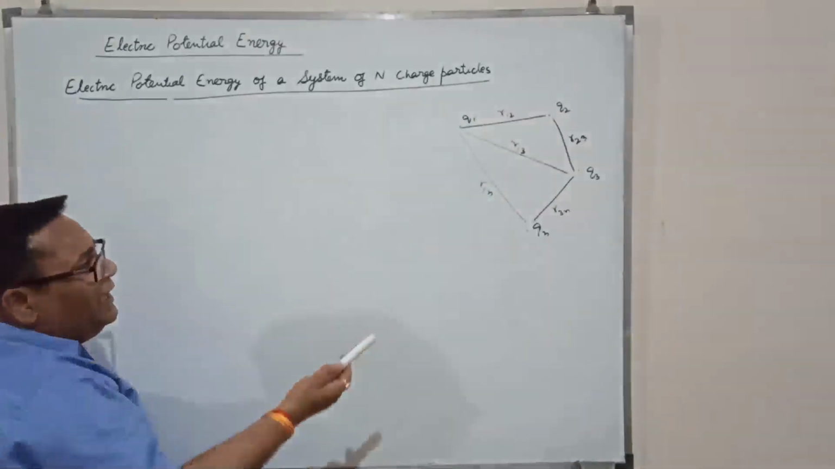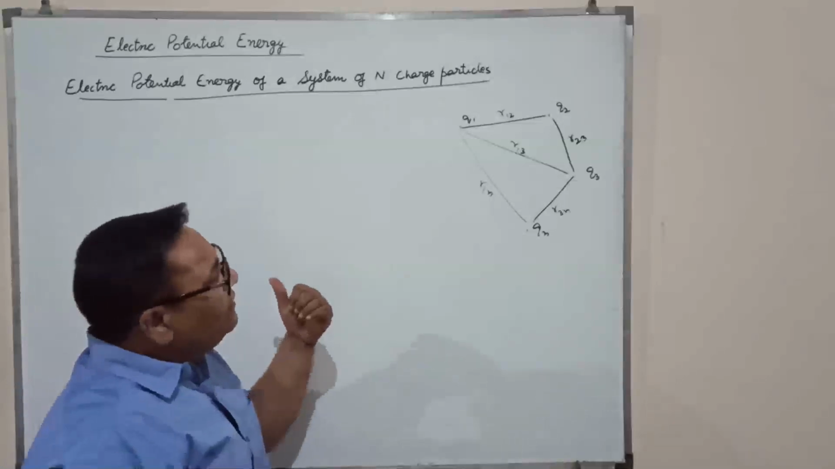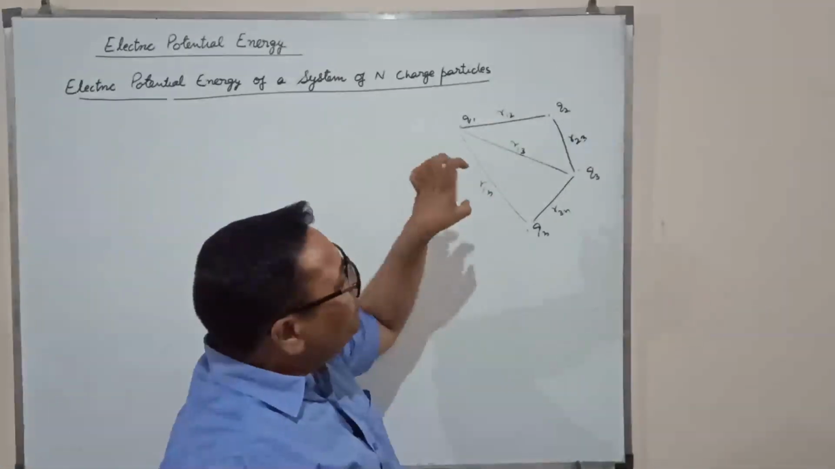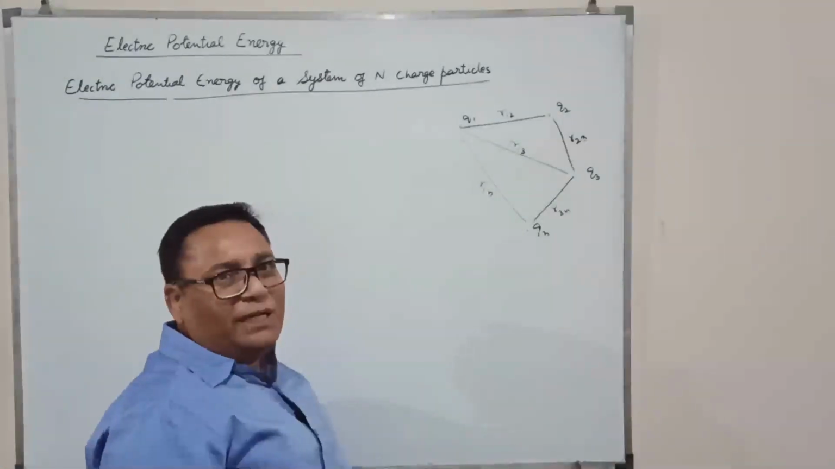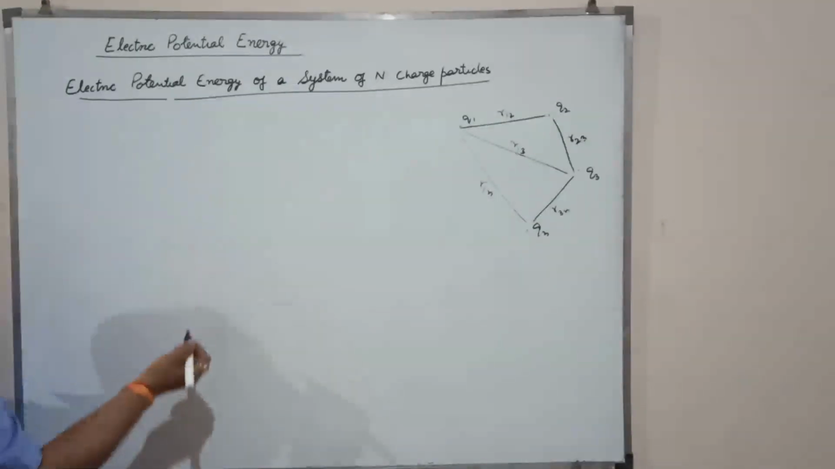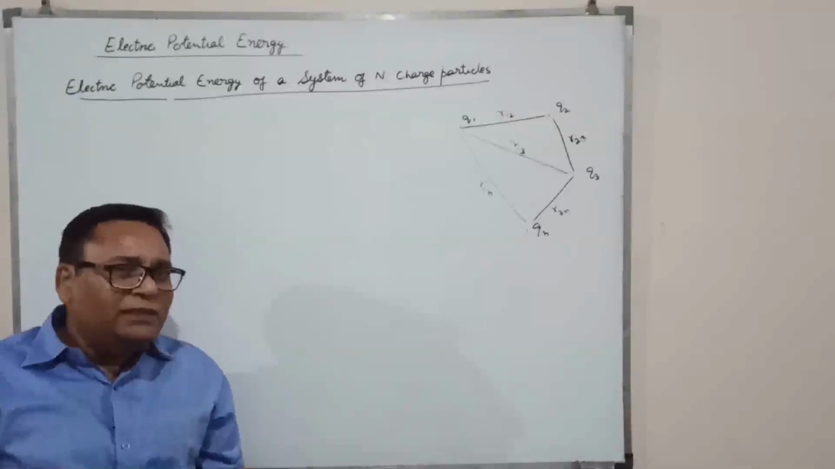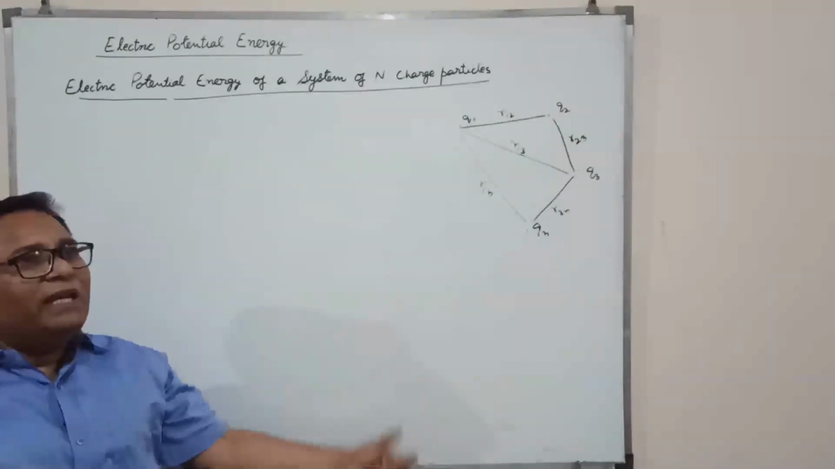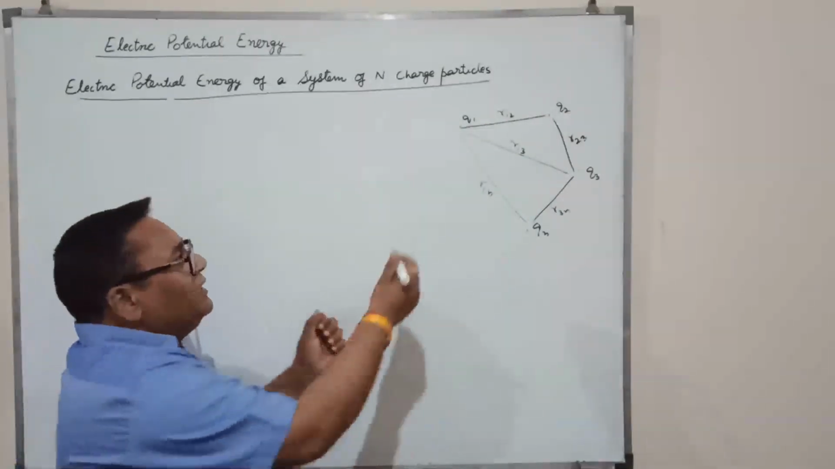Simply, then how can we calculate the electric potential energy of this system of n charged particles? Let the work done required to bring the Q1 charged particle from infinitely large separation to its respective position be